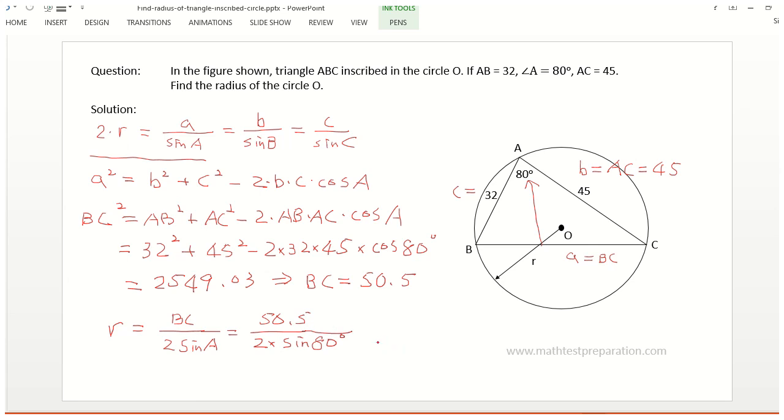This equals to 25.63. Now we get the radius of the circle is